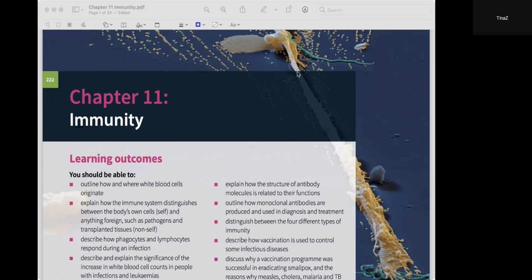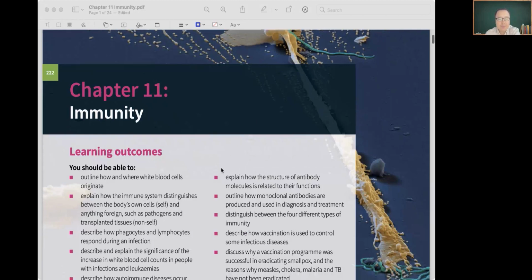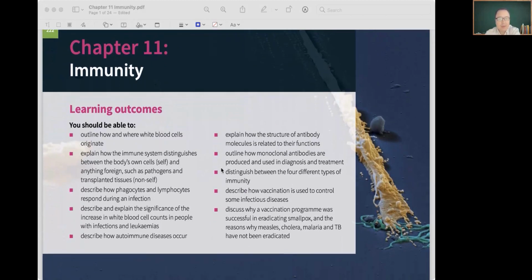That's right. So immunity means the ability of the human body to resist the disease, or to fight against the pathogens, like virus and bacteria, that will lead to disease. Okay, so today we are talking about